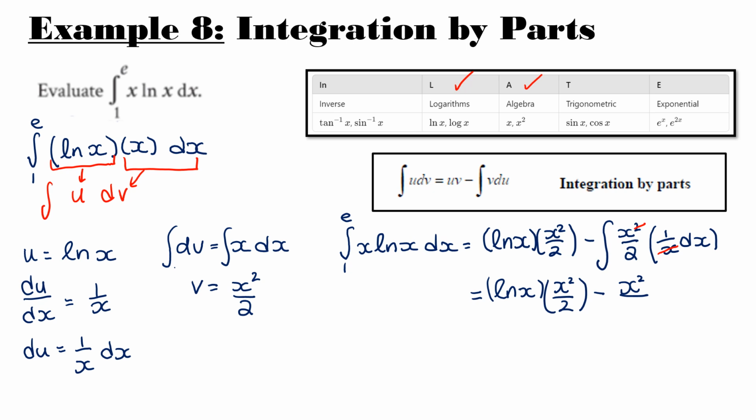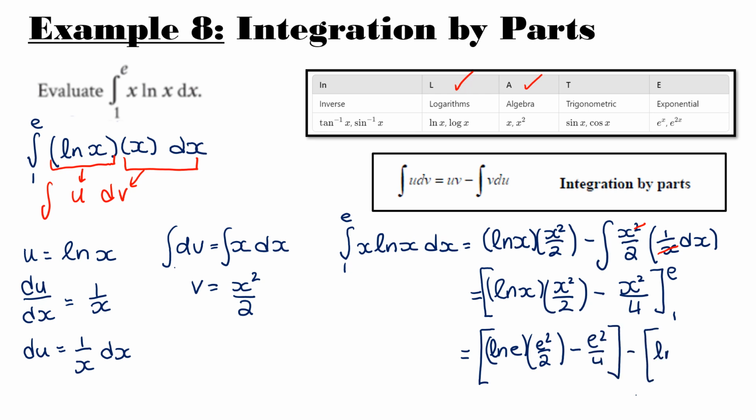and then divide by the power. So we're dividing by 2, but there's already a 2 there, so we're actually dividing by 4. And we're going to evaluate this between e and 1. So that is ln e squared over 2 minus e squared over 4